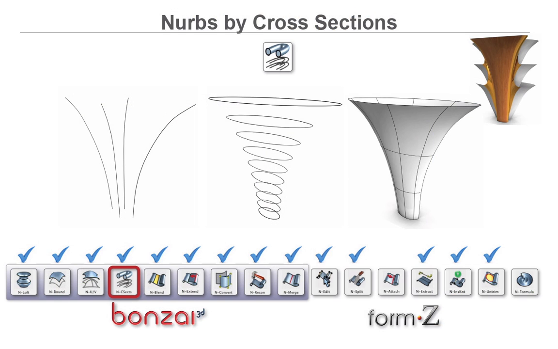The next Nurbs tool I would like to show is the Nurbs by cross section, which lets you create a Nurbs surface by just creating some profile shapes and letting the Nurbs by cross section tool create the cross sections for you. In addition to creating the cross sections, it can also actually create the surface through those cross sections all with one single tool. And this was an integral part in creating the finials that are located on top of the vertical columns of